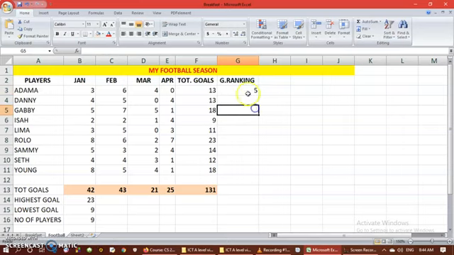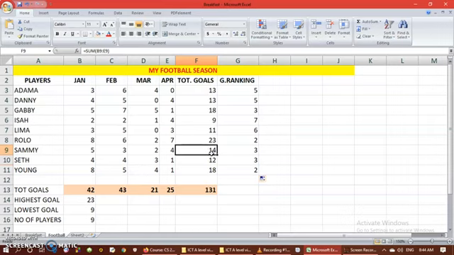So let's see what happens when we autofill the rank formula to the rest of the cells. Now, I autofill. After autofilling, something funny will occur. I don't know if you've noticed the funny thing that has occurred. Now, if you look at it critically, you will notice that this goal here